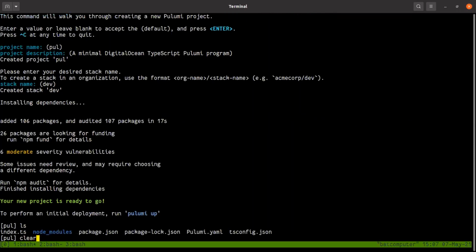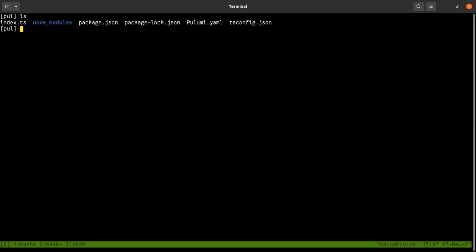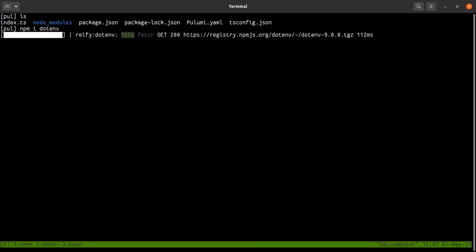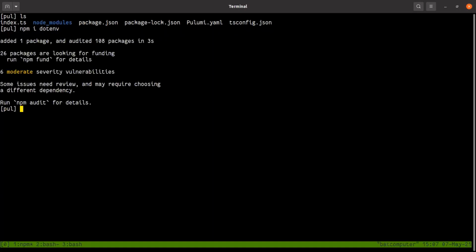Okay, so this is the Pulumi file. I'm going to install one more thing. I'm going to install something called dotenv for my variables. Again, if you know JavaScript or TypeScript development, this is what you do.